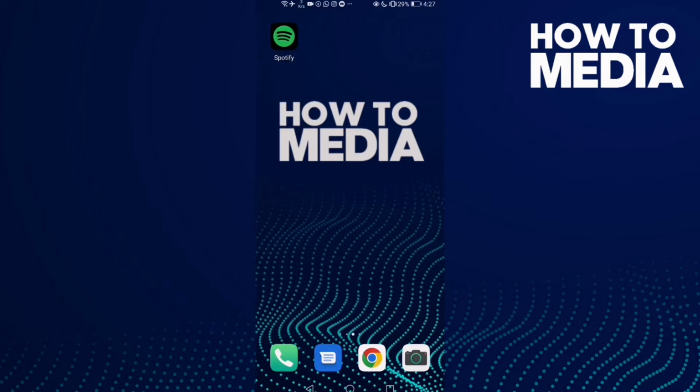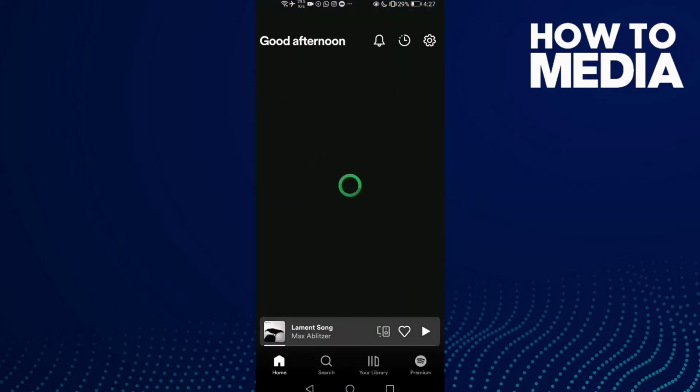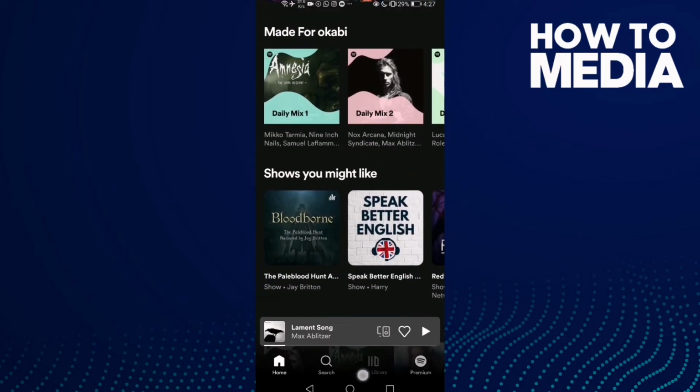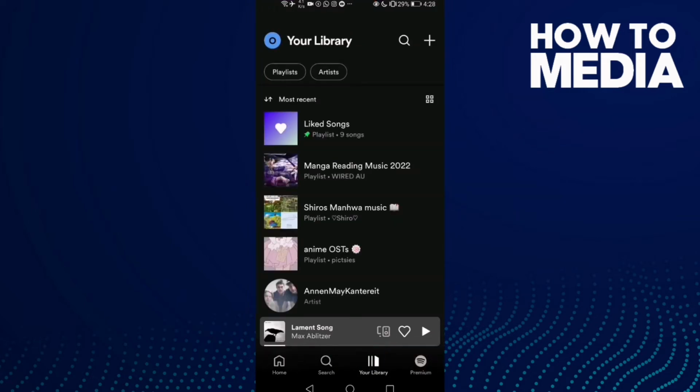First, go to Spotify and then click this one here, your library. Click on it, and then all you need to do is just click this icon here,